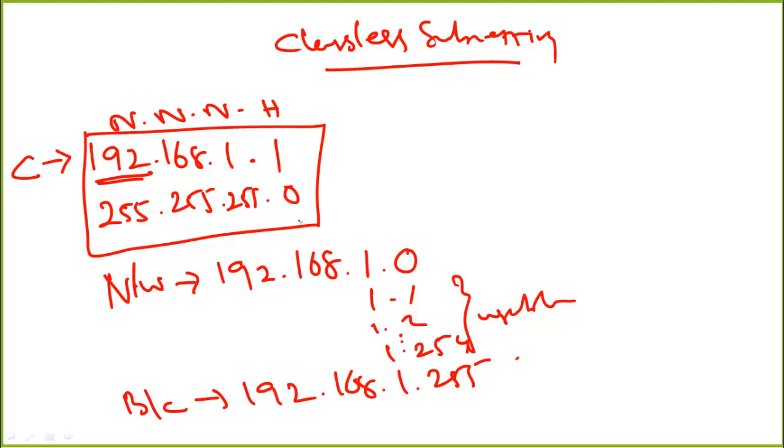So let us see how to divide this network into 2 equal halves. I'm going to clear the screen. Now let me take this IP address, 192.168.1.1, and I have already found out that this IP address belongs to the network 192.168.1.0. So let us take the network address alone, because the IP address is of no use for us. That's it. Now let us see how to split this network into 2 halves or more than 2 halves.